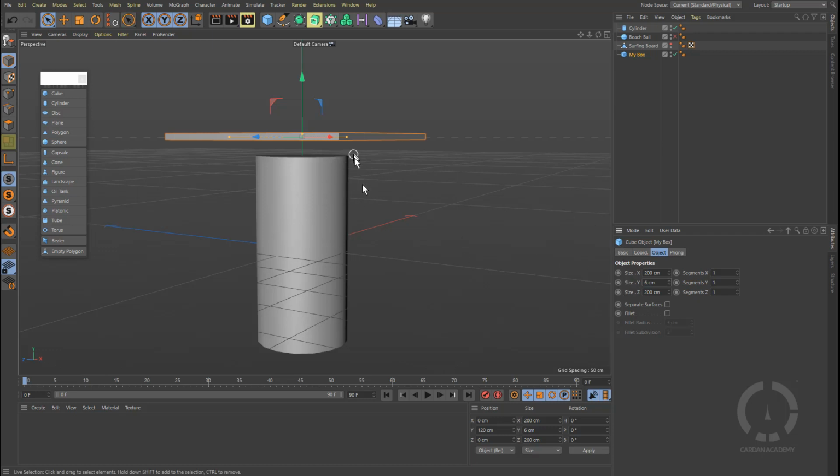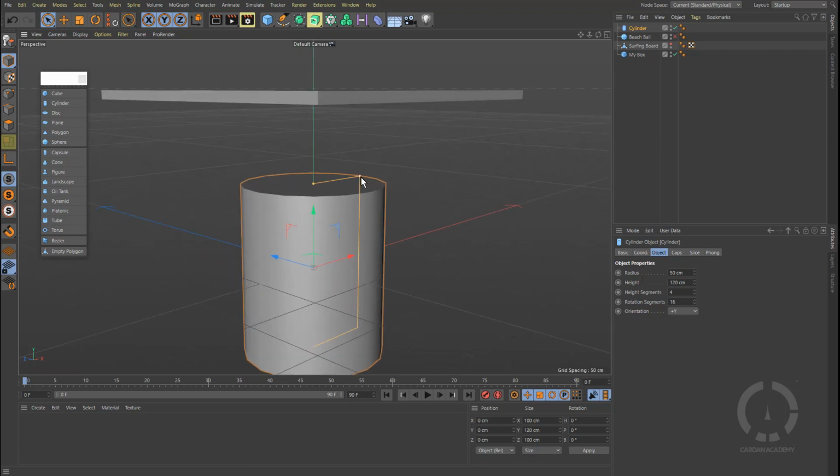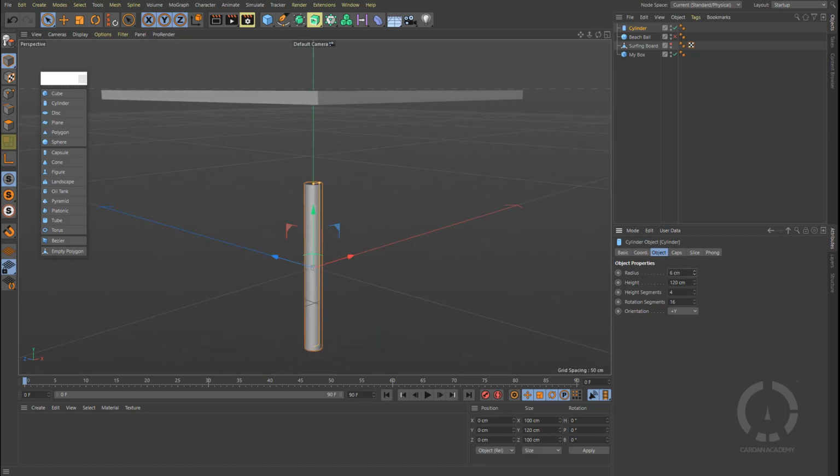Now I know that the distance between the floor and the table now is 120. So I know that I can take this guy and the height could be 120. And I know that that's the height that I need. Now I can reduce the actual radius in this case, and I can do it like this, or just make some kind of base like that, or I can take this value and make it available from here. Now I can actually take this other one and I can make it taller or shorter, just like this. But in this case, because we already know the size, I can take it to 120,